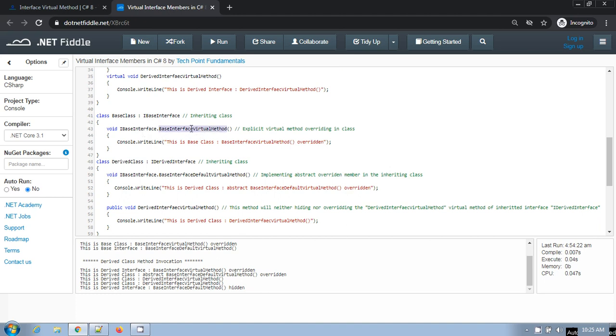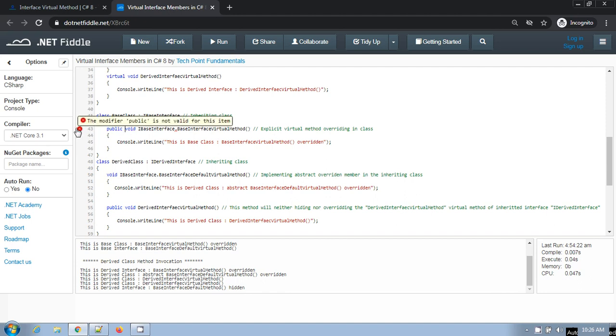When we are providing a definition for any interface member explicitly, we have to provide the interface name, dot, then the method name. Also you cannot provide any access modifier when you are providing the explicit definition. If you try to put any access modifier like public here, then it will provide a compile time error.